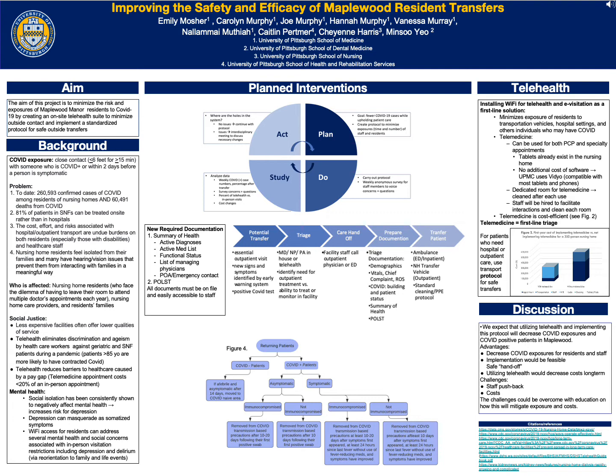The new documentation required, the summary of health and triage documents, would improve patient safety when residents go to the hospital or to another outside healthcare system. Utilizing telehealth would mitigate costs long-term as well. Wi-Fi access could improve patient quality of life by allowing patients to talk to their families and access the wider world under increased